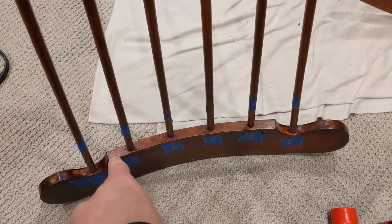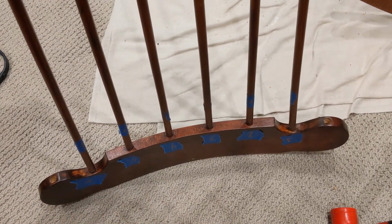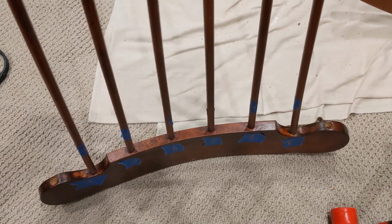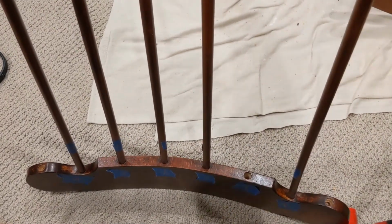Number 5, what I have labeled as number 5, does not come out. It stayed solid, so I didn't pry it out. I didn't break it loose or anything like that. It feels like it's still got a pretty secure bond. So my next step here will be for each one of these, now that I've gotten them